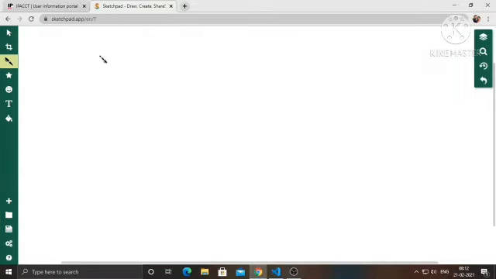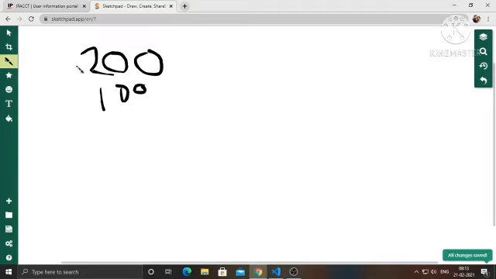Suppose a user enters a lower bound which is greater than the upper bound, say 200 as the lower bound and 100 as the upper bound. Then we have to simply print wrong input.